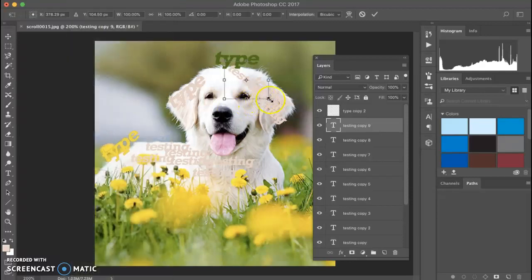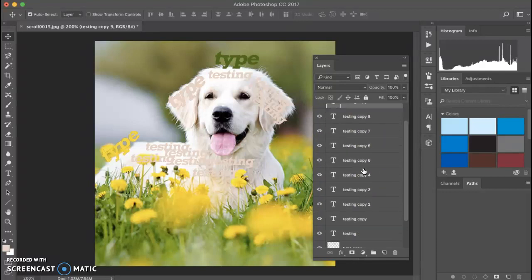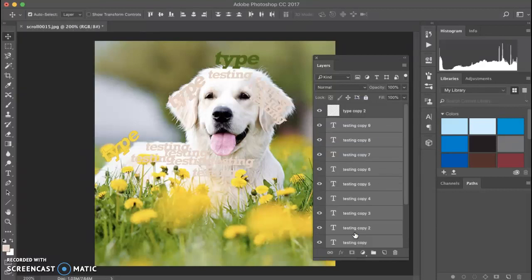Free transform again. I'm going to make that go like this. Move it over. It's a little dark. So now I've got all these types. I'm going to select one layer, hold down Shift, select all those layers with the T because I want to